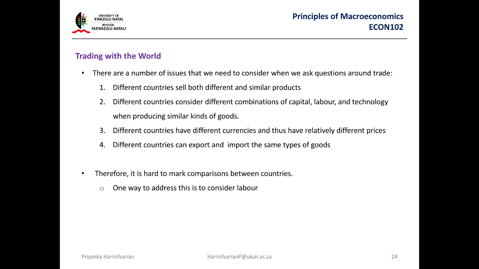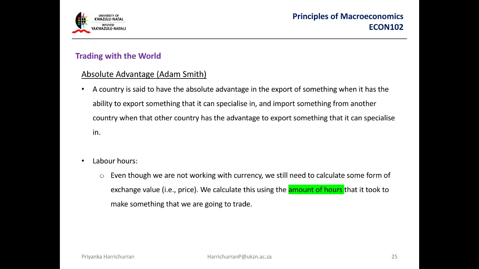Trading with the world. So just pause and read this. But you just need to, there's nothing for me to explain. Okay, so absolute advantage, right? What's an absolute advantage? Absolute advantage is when you're efficient, quick. You can easily do it better than somebody else, produce a product, right?